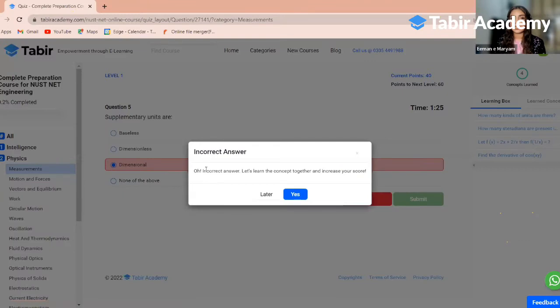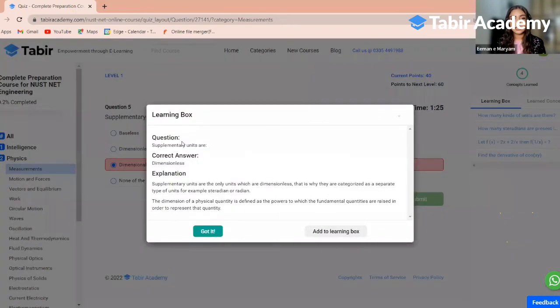So this is an incorrect answer. If it's an incorrect answer, we can learn the concept together to increase our score, right? Again, यहाँ पे आपके पास एक learning box आ जाता है, ठीक है ना, और उस learning box में you get the correct answer. So this is again, like I said, this is a unique feature on Tabir Academy,